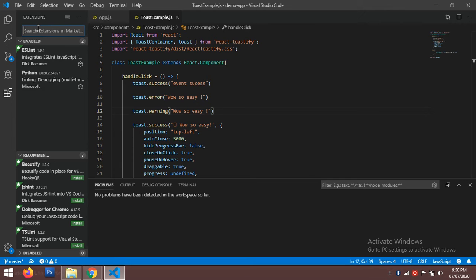In a React application normally we import multiple packages or third party components in a single component for reusability. In such scenarios you should know the import cost of a particular package or library in your component. I haven't installed this package, but currently you can say that I have imported this toast container package in my toast example React component. And here itself, after this semicolon, you will see the import cost. It will be shown in KB, how many bytes or kilobytes it will be for this particular component. That Import Cost package you can install right from here.